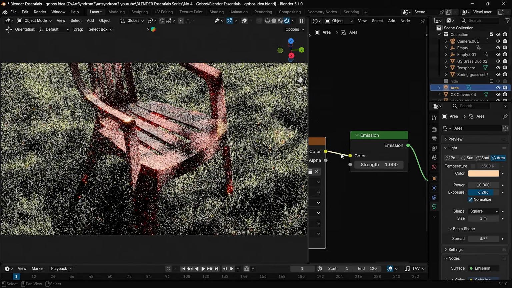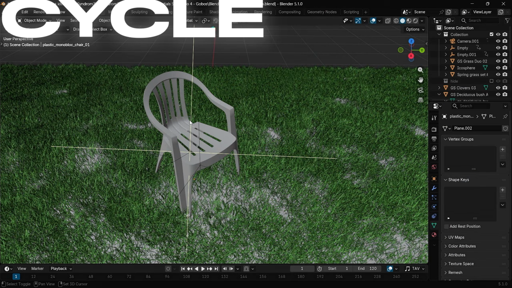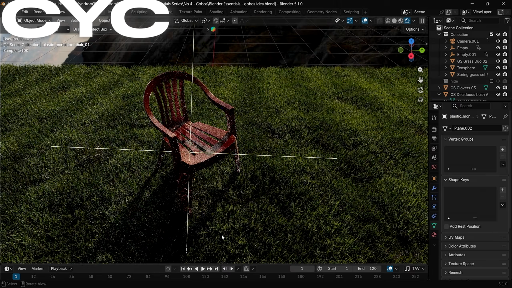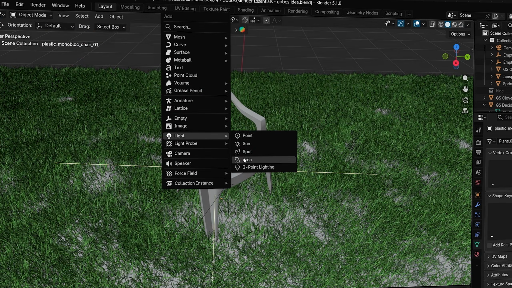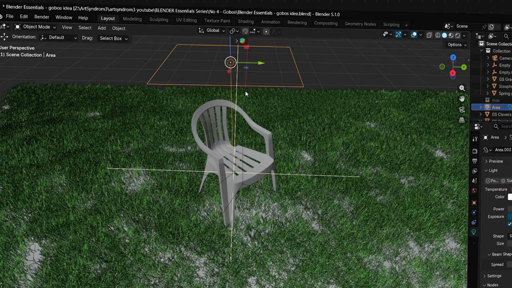So, gobos are image textures which can be used to add realism to your scene. So let's see how we can use it in Cycles first and then in Eevee. So for the first step, press Shift A and add an area light, and we're going to position it above